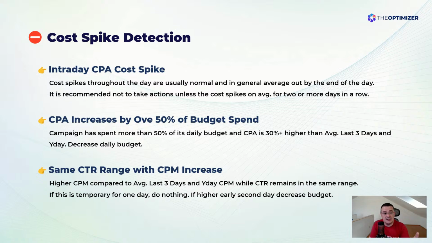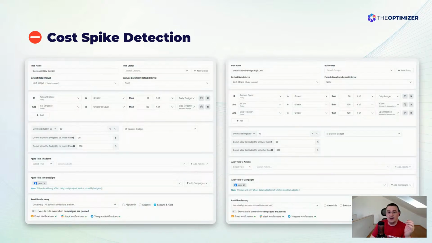And if you see the same CTR range, but with a CPM increase, if it's temporary for one day, then don't do anything. Let it run. It can happen sometimes, you get a CPM spike for one day or two. If it's 2 days or more, then you can decrease the budget. So even there, you have to analyze. And here we have